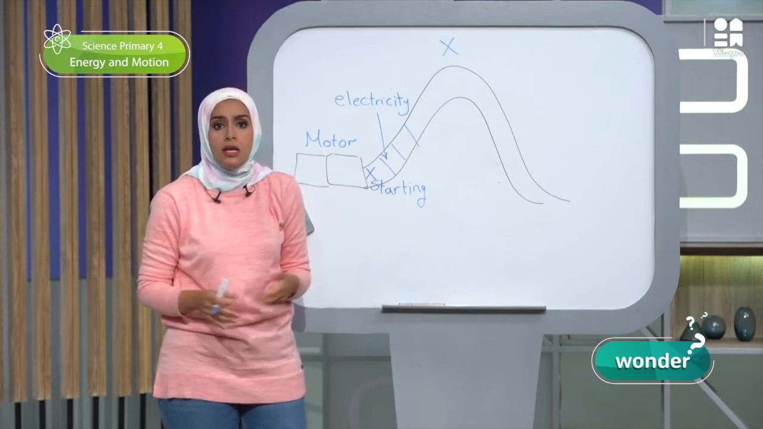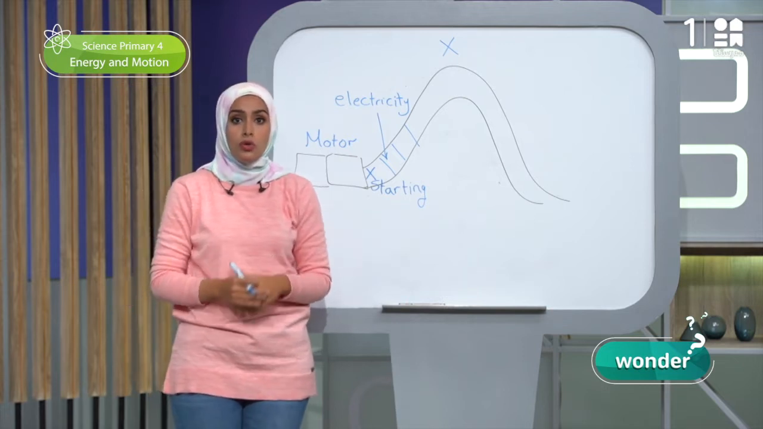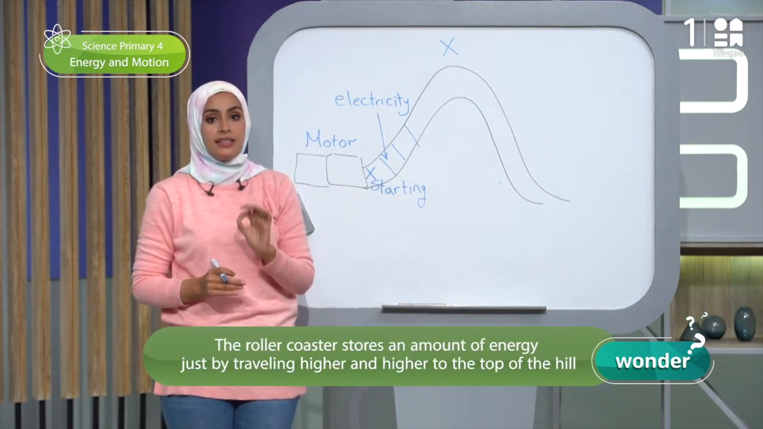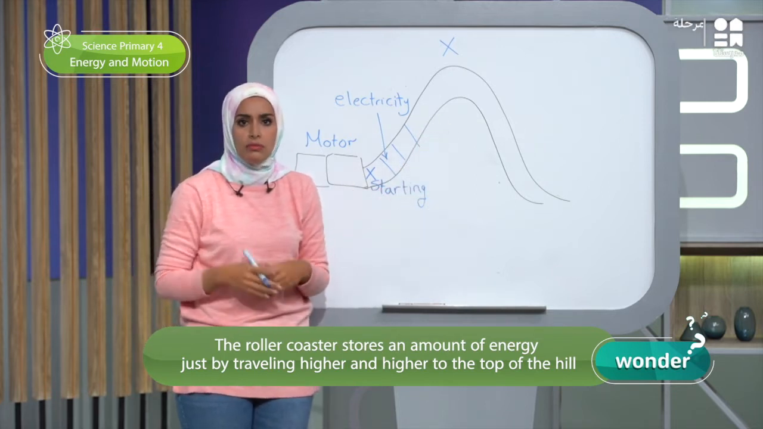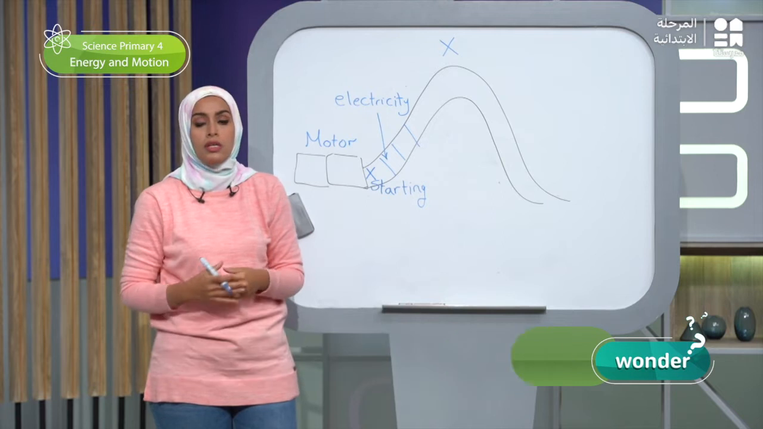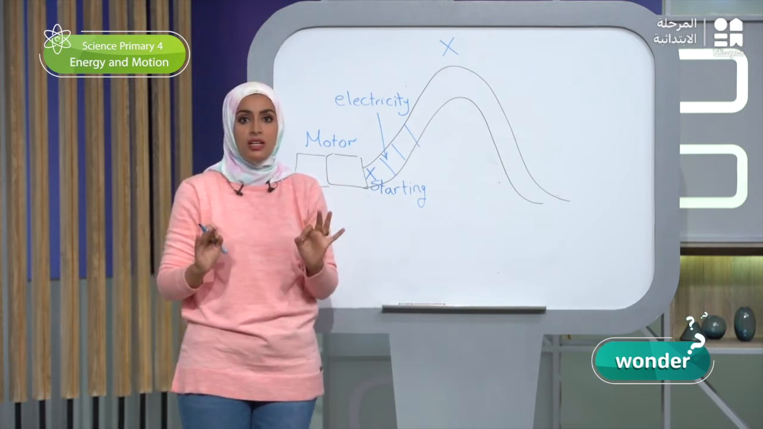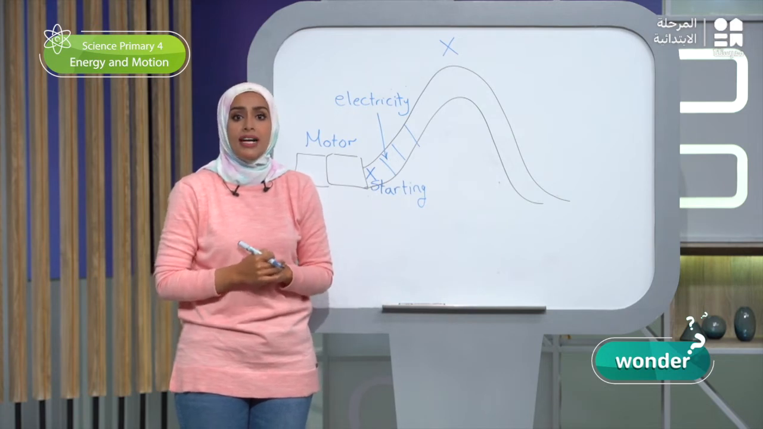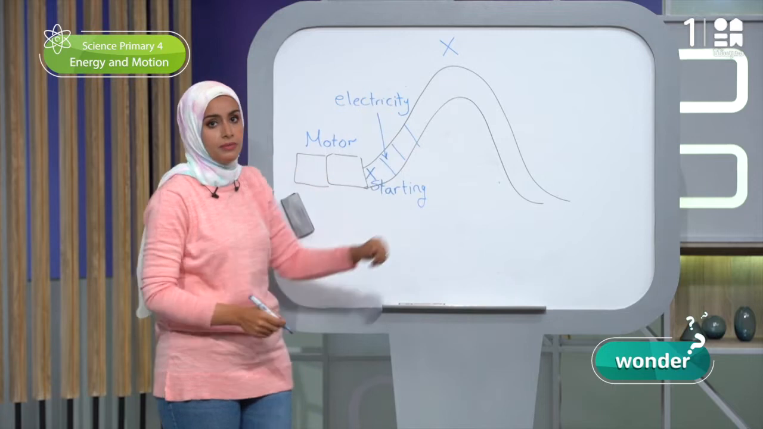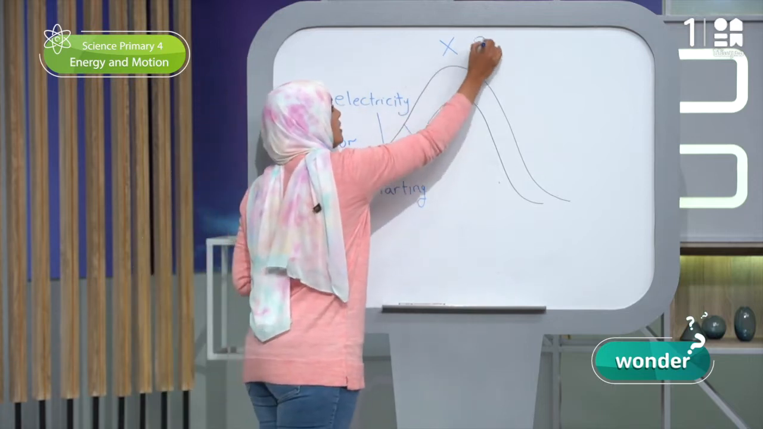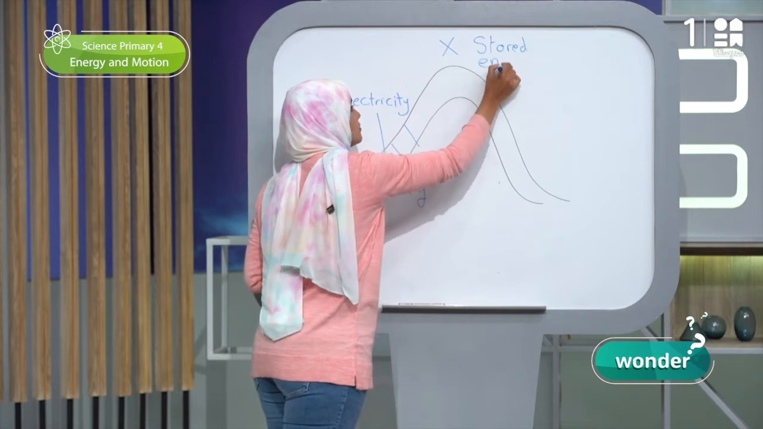So the question is, where does this energy come from? The roller coaster stores some of the energy that it gets during quick motion. We call this form of energy, the stored energy which was stored during the roller coaster motion, we call it potential energy. Let's write it under the highest point that the roller coaster stops. هنا عندي ال stored energy